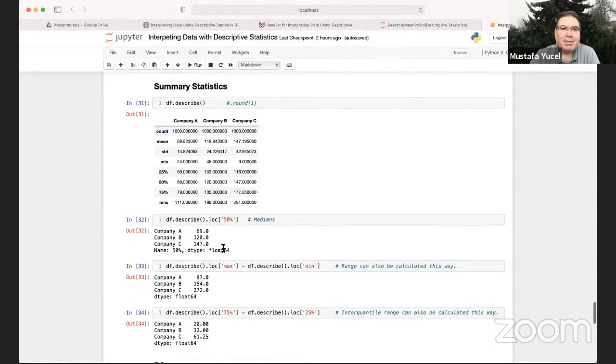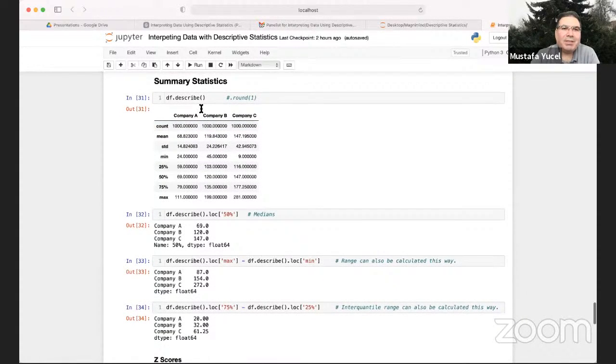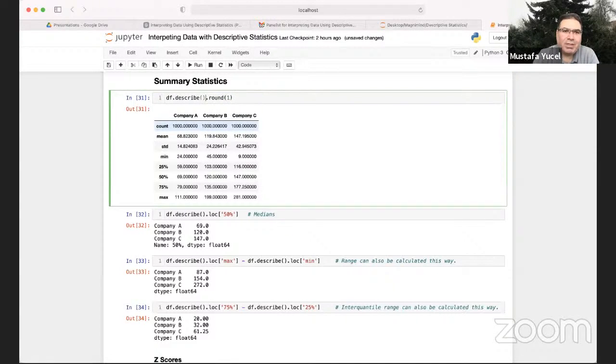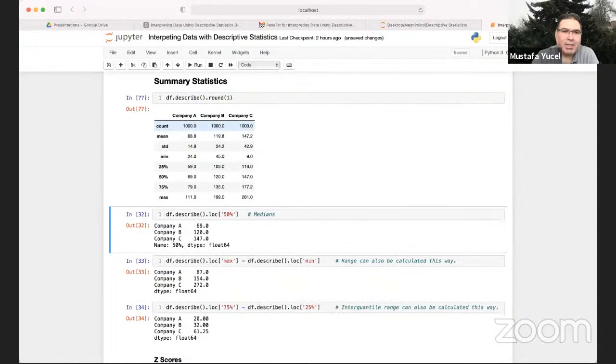After we saw those details separately, we can get summary statistics with the data frame describe method, and then we get this very detailed statistics: company ABC, how many data points, 1,000, and then the means, standard deviation, minimum, maximum, and the quantiles. If you don't like those details, you can round these numbers and get a clearer picture. We calculated everything, for example these quantiles, separately, one by one, but here